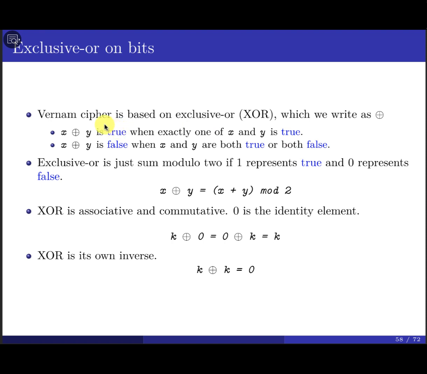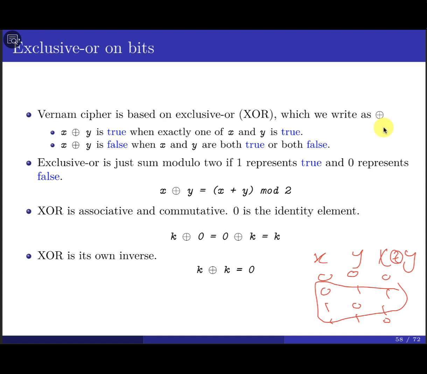Generally speaking, the one-time pad is based on what is called the exclusive OR operation. You know the exclusive OR, yeah? We have X and Y: 0,0 gives 0; 0,1 gives 1; 1,0 gives 1; 1,1 gives 0. The result is X exclusive OR Y. That means it is true only when exactly one of X and Y is true, or 1. It is false when both are true or both are false. That's the only way it's going to equal true, or 1.